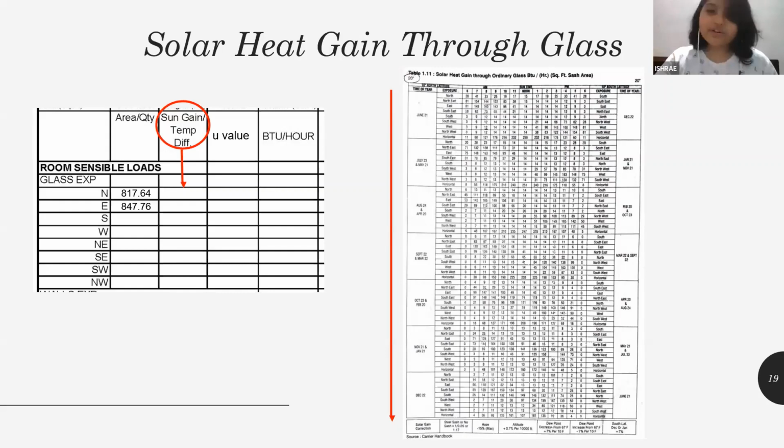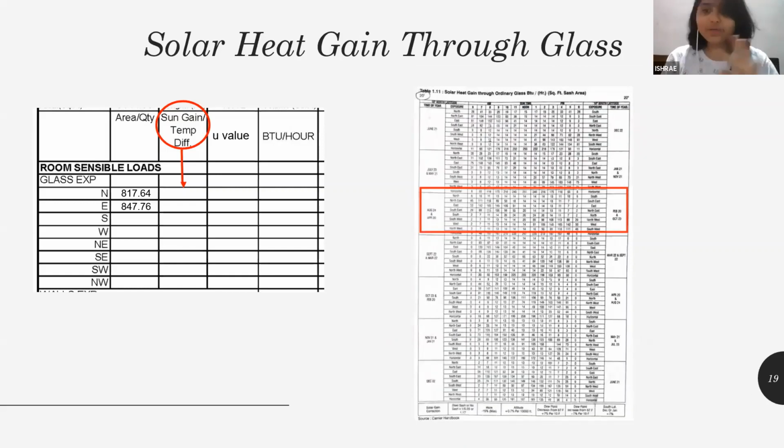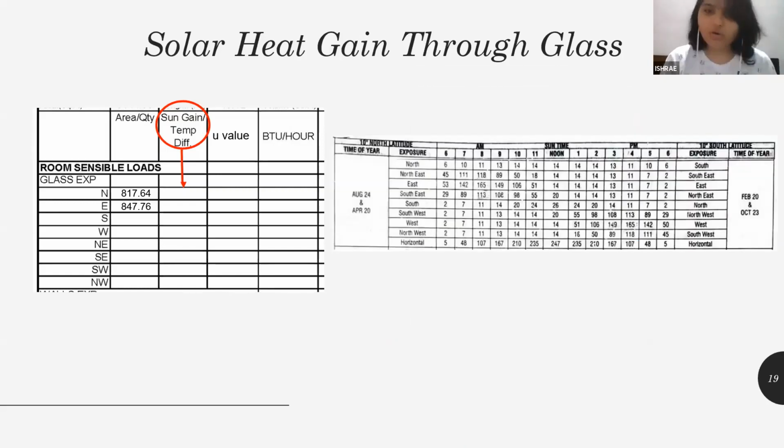So for a place like Mumbai, I know that the winters are not as strong, but summer it is quite hot, and during the rainy season it is humid. So for me, I'm going to take the month of August and April for my heat load calculation. You all can do it as per your requirement. You all don't need to take August and April. Just you have to give a justification as to why you've taken some other month for your heat load calculation.